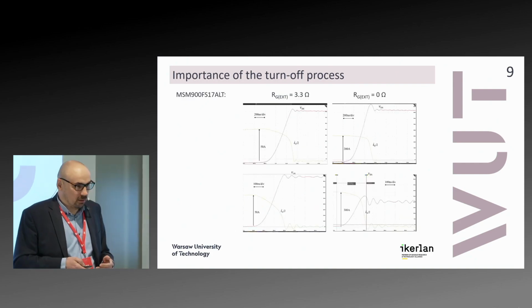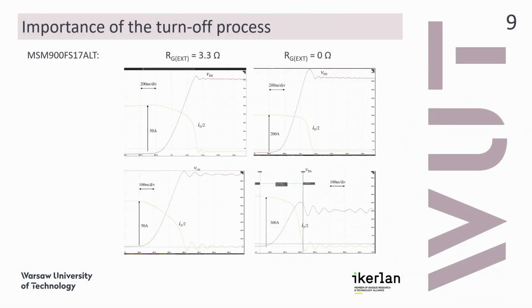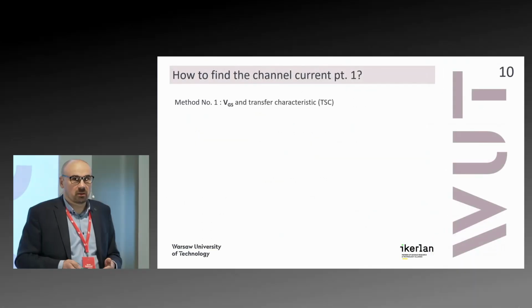Yeah, that's the waveform for the 900 amp 1.7 kV module. So you can see basically that for the VDS reaching the DC voltage, in each case, whether it's faster, slower, higher current, or lower current, we still have some current left here, generating loss, of course. So the first method